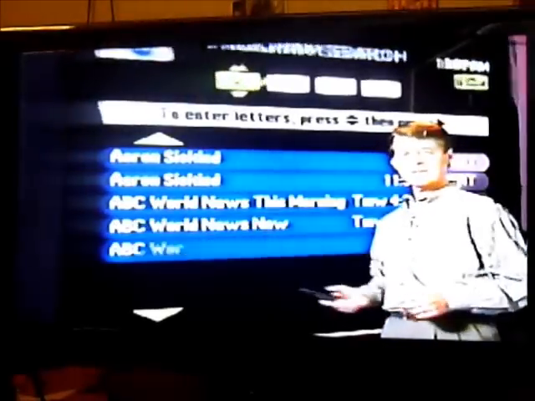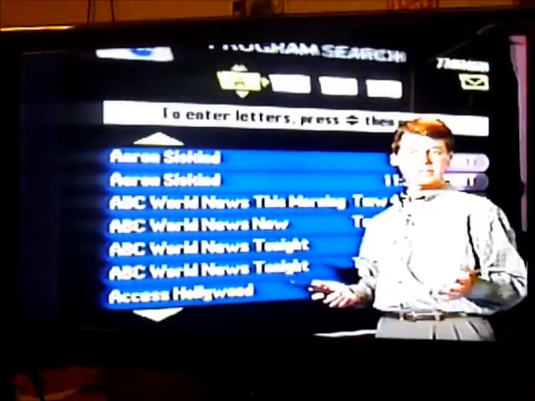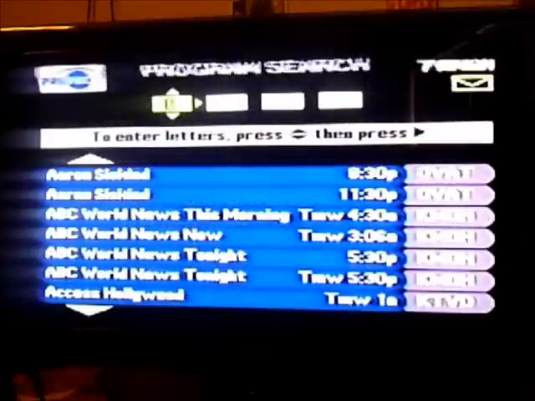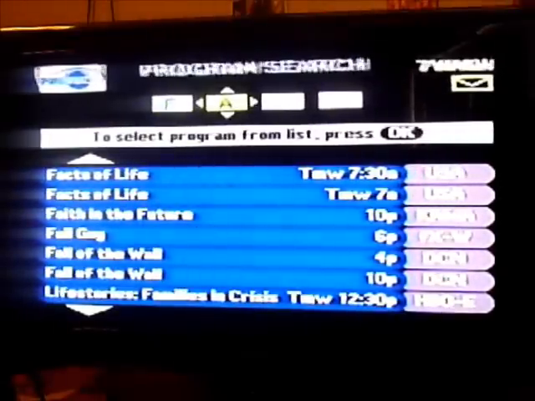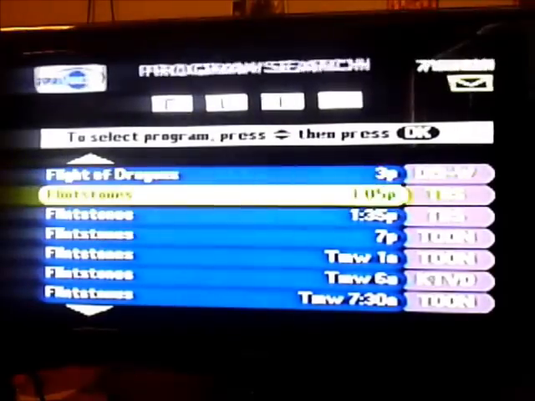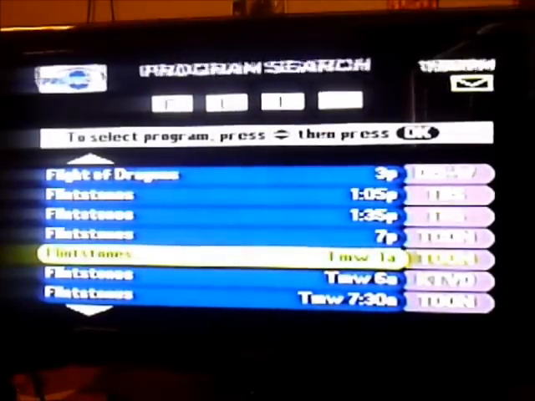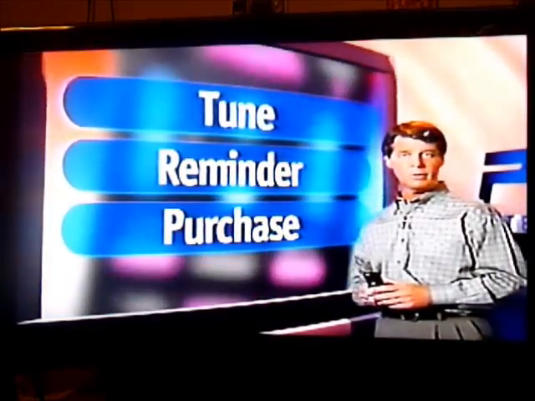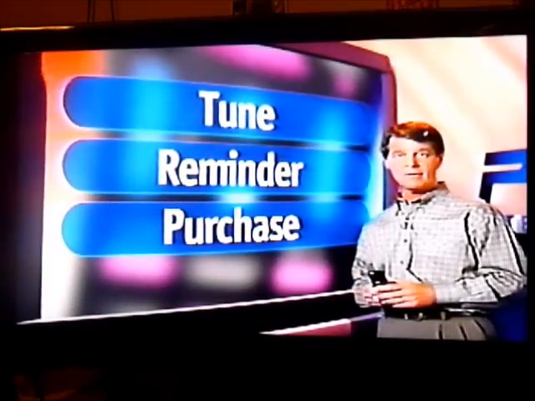Let's say I want to watch the Flintstones. I have no idea what time or what channel they're on. I would press the down arrow here to adjust to the letter F. Then I press the right arrow and my database is quickly updated to the S. So I'll enter the next letter, L. Then the letter I. Well, there they are. As soon as I see them, I press OK. I go down into the menu, and I've got the same 3 choices I have in any of my other